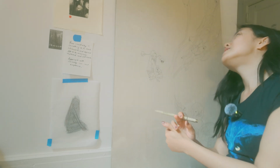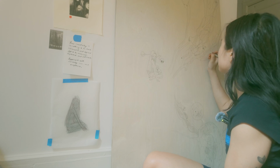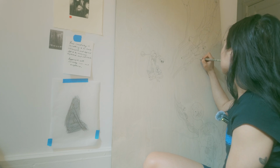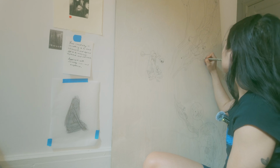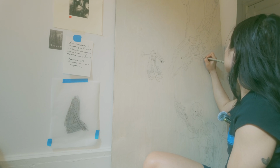Which brings me to my next tip, which is to give yourself some transition time. A lot of times we're juggling other things, whether that's other creative or professional things or responsibilities, like our job or 9 to 5, and to switch over and go into creative mode for your own personal work or another project you want to work on,